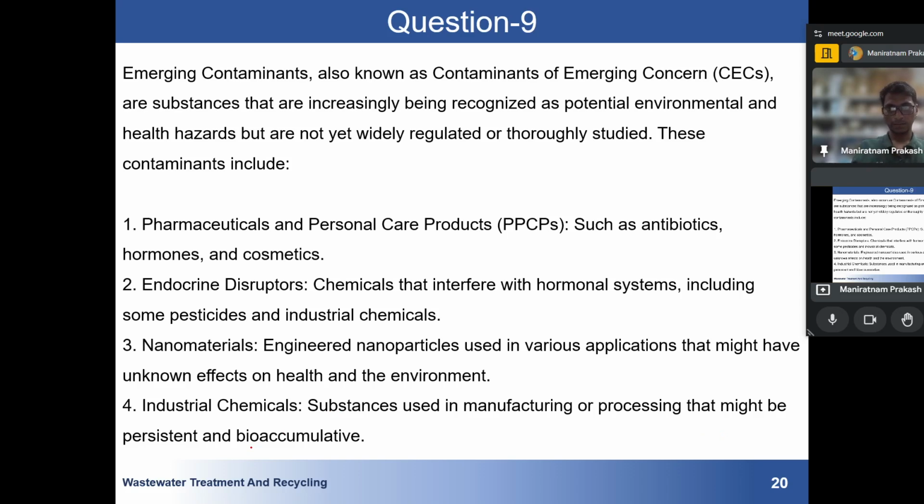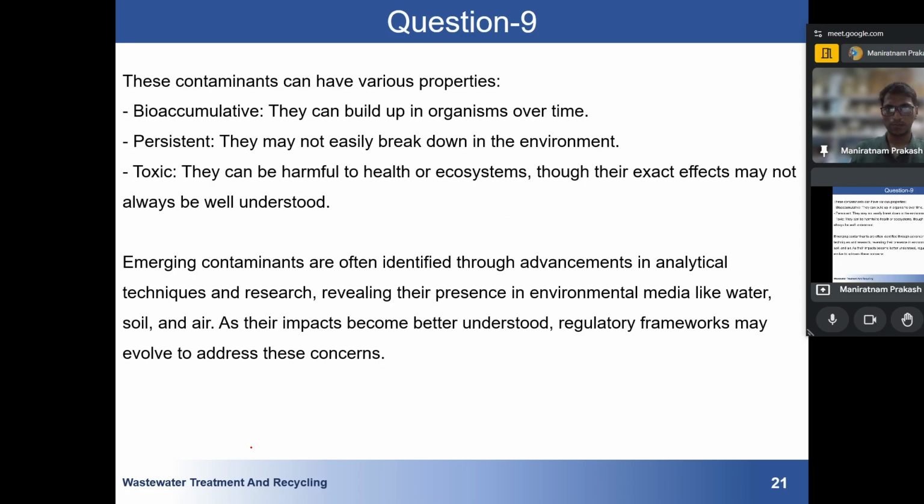Bioaccumulative means they can build up in an organism over time. What will happen is that generally when we eat our food, we store some kind of